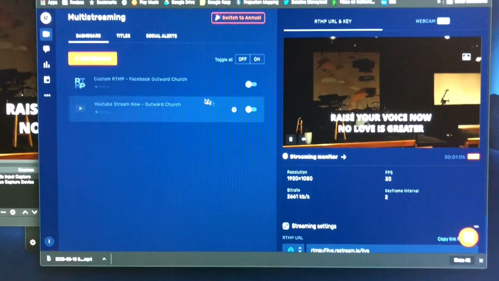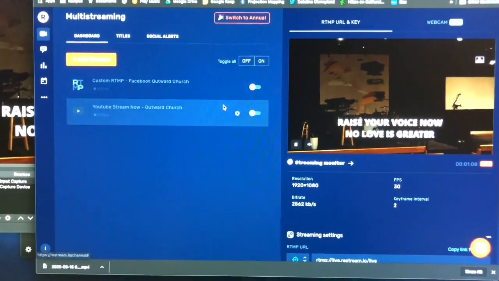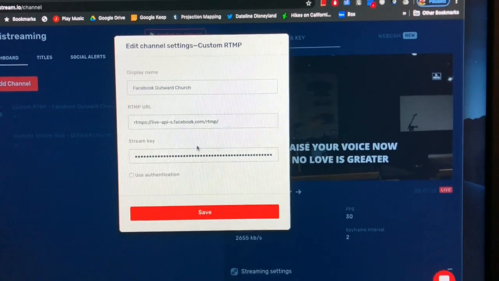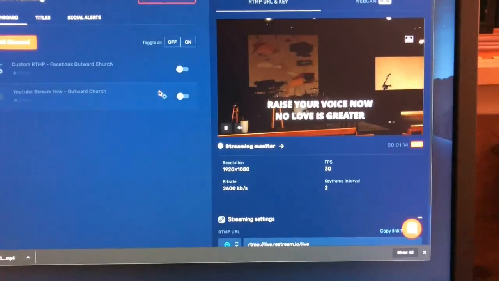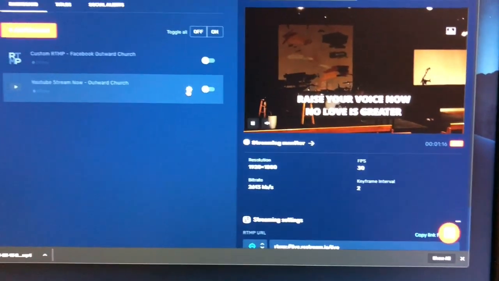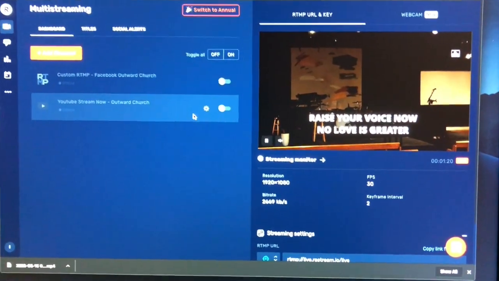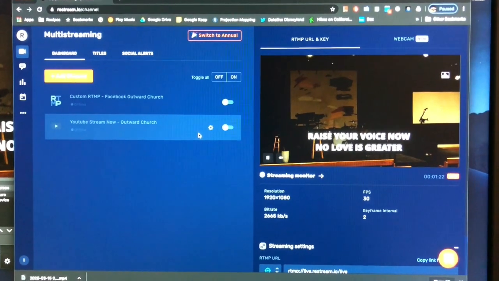We pull that code and input it here in the settings, just copy and paste it into there so it knows where to send the feed. Same thing I think with YouTube. I think there was a setting where a stream key is generated. We put this into Restream, and it knows where to send the feed. So that's about it.